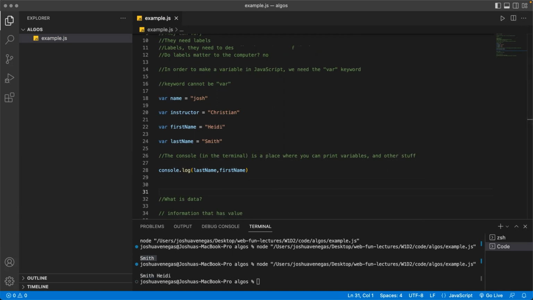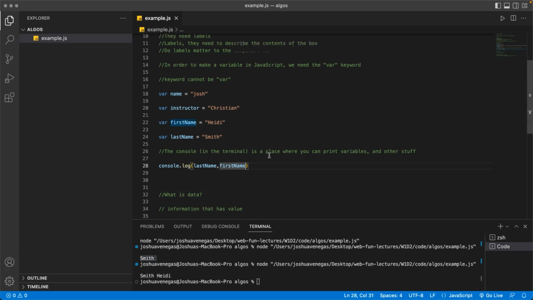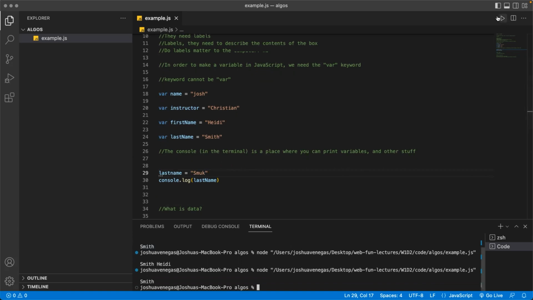Okay. So now a variable can change as well. So let's go ahead and console log now last name. But what if we say last name is equal to, what's another last name? Someone give me a last name. Smuck. I see Smuck as the first name I look on my screen. And now if I print this,